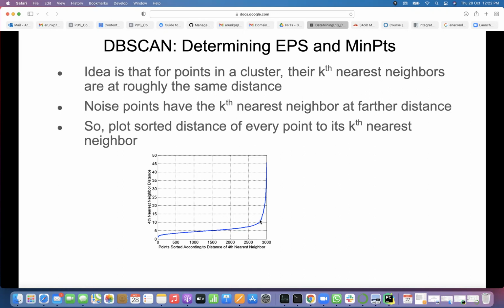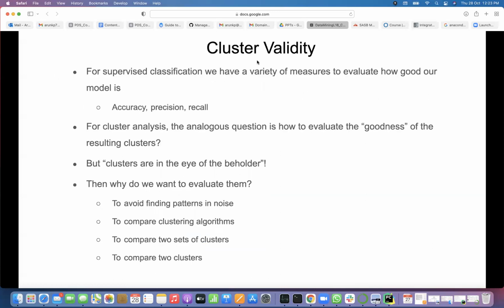So for the distance, if you want minimum points k, then you graph this, and take the kth nearest distance based on how many points you define as noise: 20%, 10%, whatever. Based on this you can also take some elbow method. Wherever you are getting a serious turn or a sharp turn, there you stop. That distance should be taken as the EPS distance. Yes. Okay, this is how to validate the clusters.